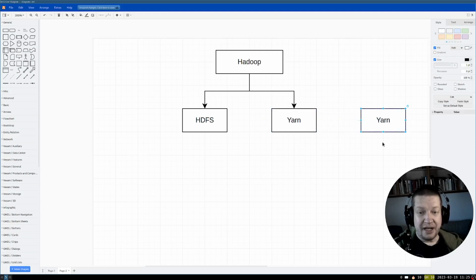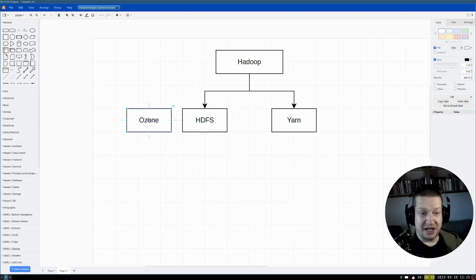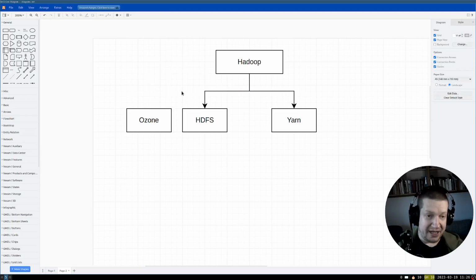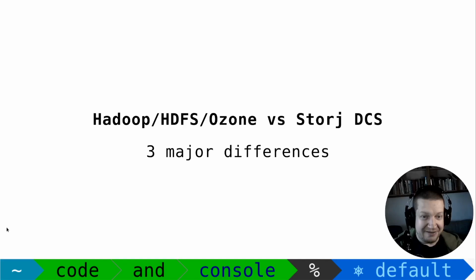But for a few years, we had a new version of HDFS, which is another storage system, and it was Ozone. But eventually, it was moved to a separate top-level Apache project. So this is why it's Hadoop/HDFS/Ozone, because Ozone and HDFS are kind of similar, but Ozone is some kind of rewrite of HDFS based on the experiences learned over the years. So let's go back to the second line.